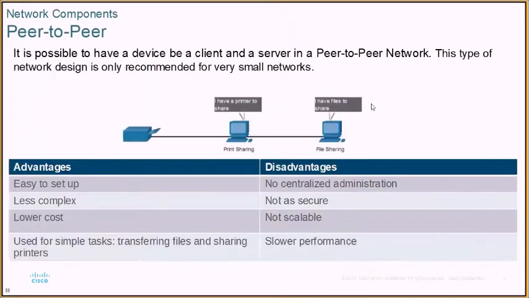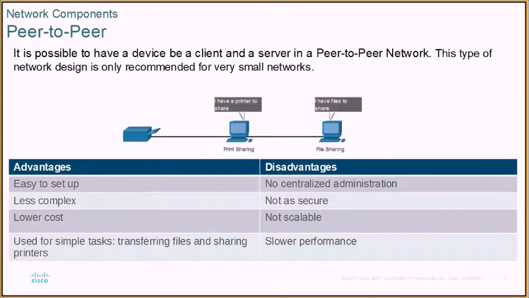So we can have peer-to-peer networks, and it is possible to have a device be a client and a server at the same time on a peer-to-peer network. This type of network design is only recommended for very small networks, so maybe at home. How many people have got more than one printer at home? You hook that into one of your machines and you share your printer with the others. The other machine might have a larger hard drive, so you store most of your files on that. And so